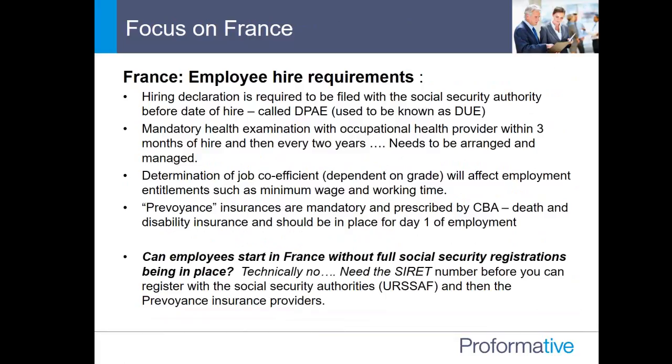The second piece is to do with a medical examination, which is meant to happen within the first 3 months of hire and then every 2 years subsequently. As part of preparing the employment contract, it will be necessary to determine the level or grade of the employee. We call that the job coefficient, because that will affect entitlement to certain benefits such as minimum wage and working time. And then in France, there are other mandatory obligations which are predetermined by the relevant collective bargaining agreement. They're called the prévoyance insurances. It covers things like death and disability insurance, and they are meant to be in place from day one of